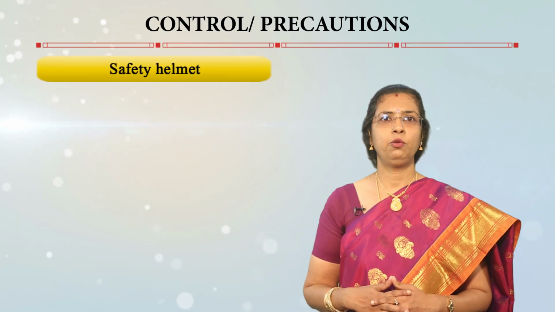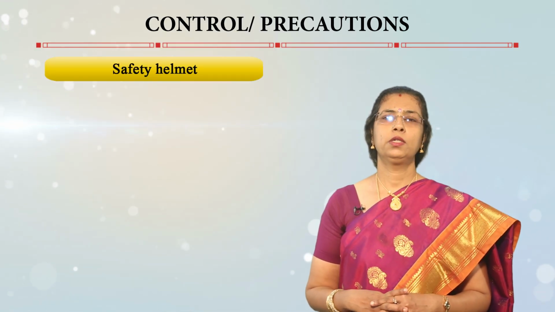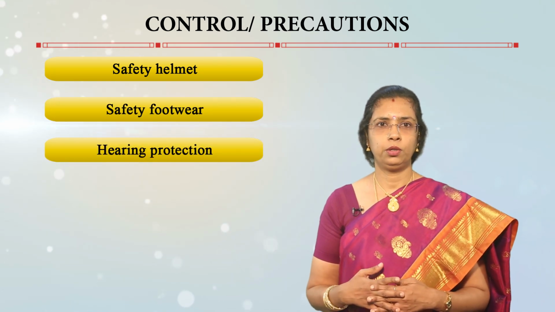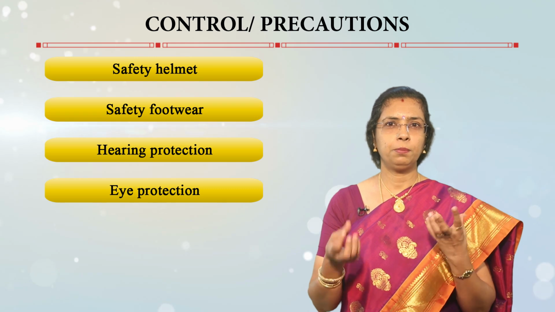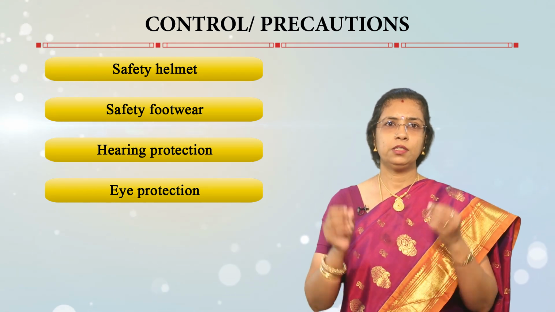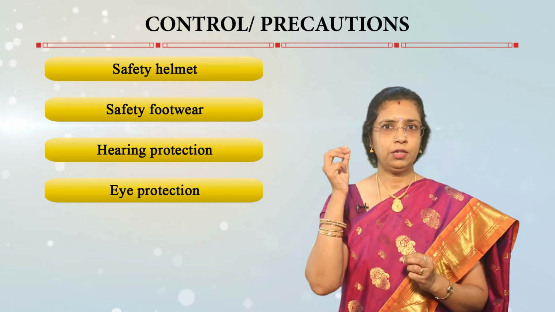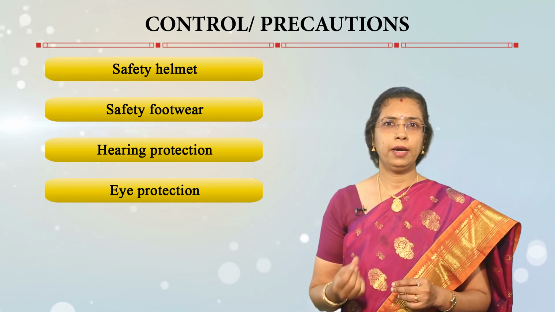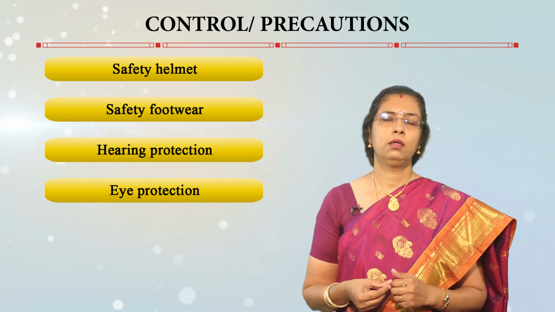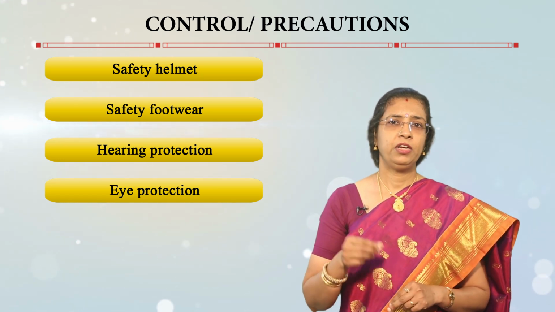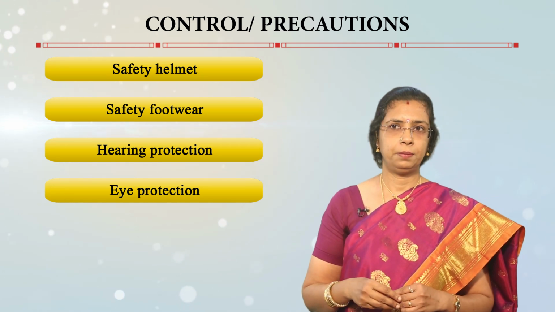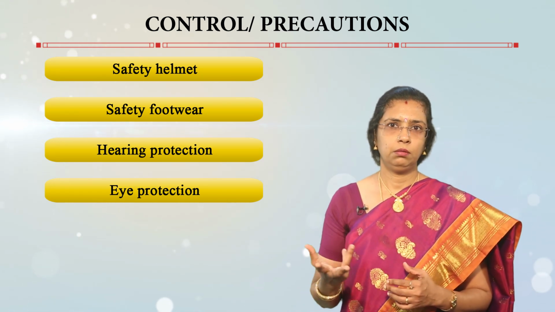So, what are the controls and the precautions that can be taken? They can wear safety helmets. The workers need to be equipped with safety footwear. Hearing protection is very important. Then eye protection, because the dust particles and fine particles can actually pierce the eye, and they can even tear it, and in certain cases bleeding can occur, because the eye tissues are very soft, and in some cases the particles can even rupture the retina. Then in that case it